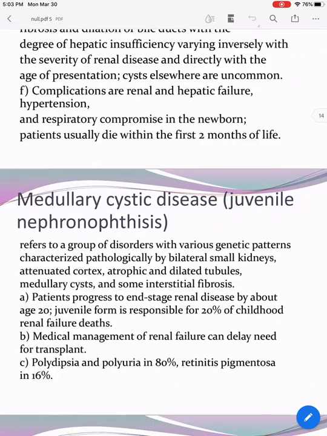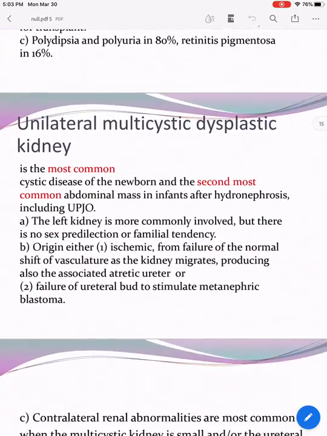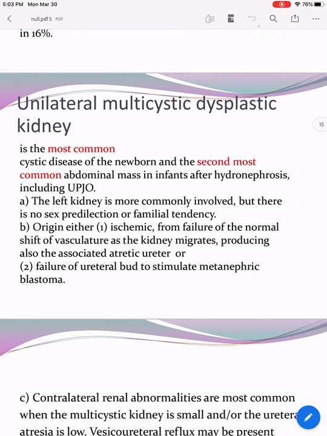Those are usually incompatible with life. About 100% of patients pass away in the first 2 months of life. For unilateral multicystic dysplastic kidney, what's important here is to know that this is the second most common cause of